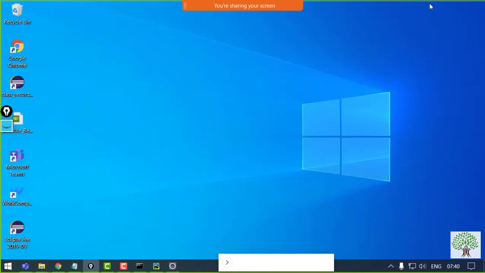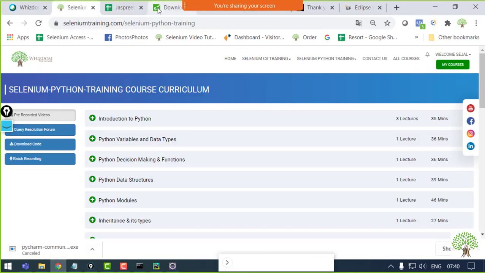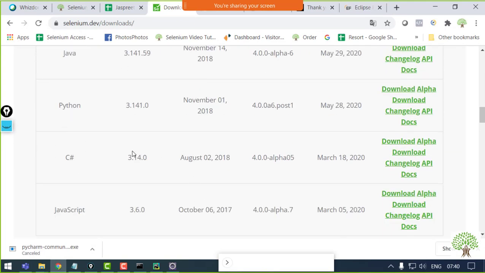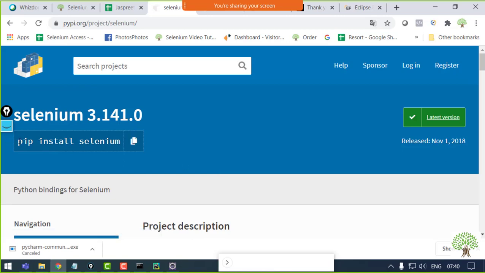You just need to go to your command prompt, or I'll show you the official website. So over here, when you go to the options, this is the official website of Selenium. Just go to download. And over here you will get this command. You just need to run this command on your command prompt, and your Selenium will be automatically installed with the stable version. This is the stable version that we have seen in the starting. This particular version will be installed itself.